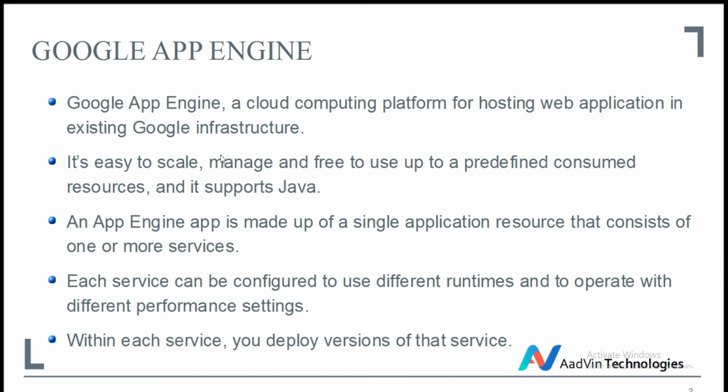So Google's App Engine is a platform as a service offering that lets you build and run applications on Google's infrastructure. Here, App Engine applications are easy to build, easy to maintain, and easy to scale as your traffic and data storage needs change. Google App Engine also supports different programming languages like Java, Python, Ruby, PHP, Node.js. All those programming languages are supported by Google's App Engine.